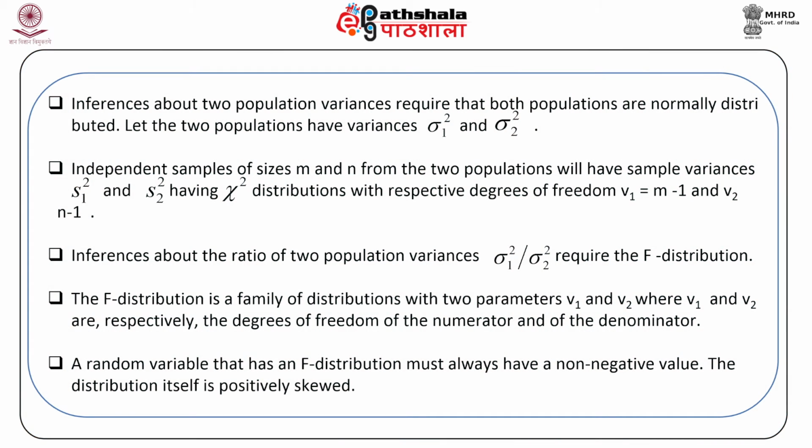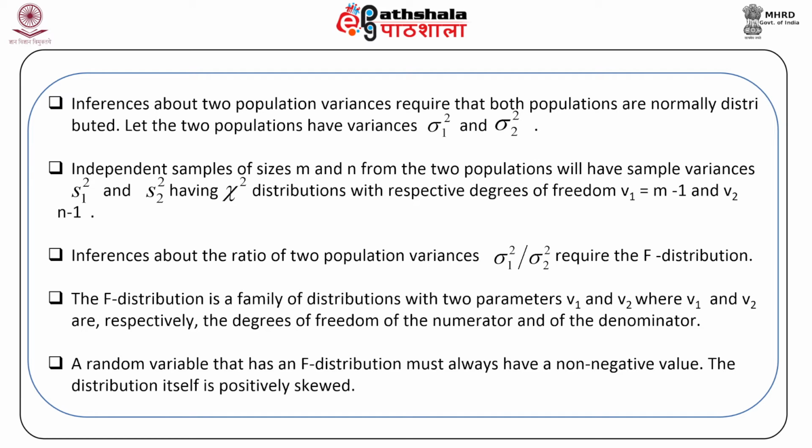Now, inferences about two population variances require that both populations are normally distributed. Let the two populations have variances sigma 1 square and sigma 2 square. Independent samples of sizes m and n from the two populations will have sample variances S1 square and S2 square having chi-square distributions with respective degrees of freedom nu1 equal to m minus 1 and nu2 equal to n minus 1. Inferences about the ratio of two population variances, that is sigma 1 square upon sigma 2 square, require the